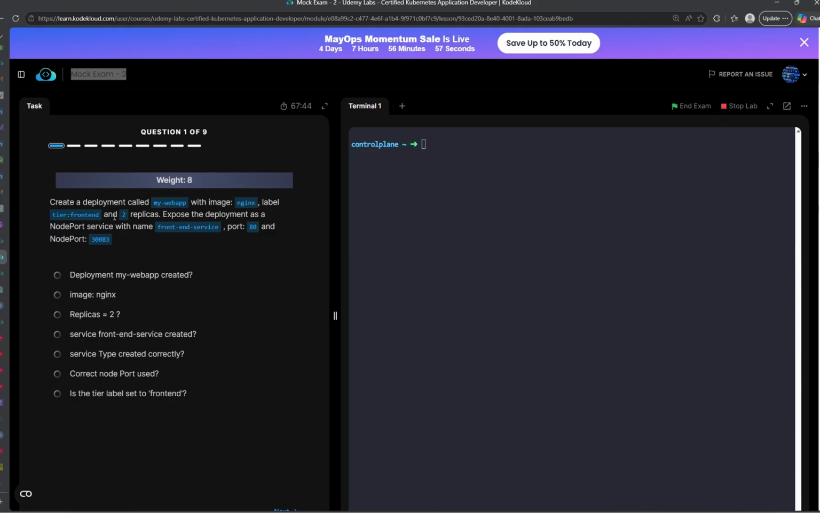So the first task is to create a deployment called my web app with image nginx. I'm going to check first if there's a deployment already. So I'll say get deploy. So there's no deployment in the current namespace. So I'm going to run